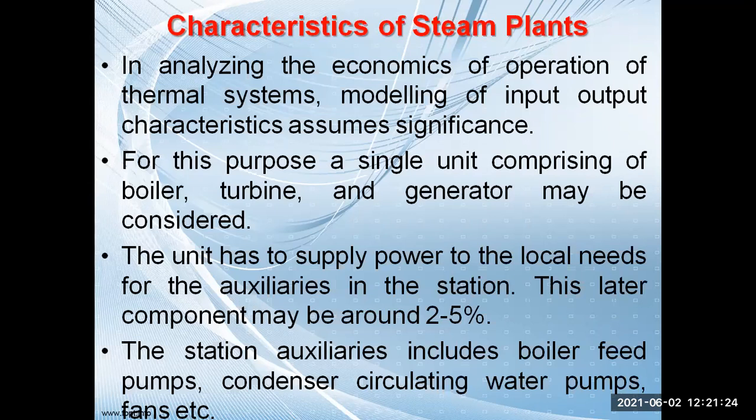When the whole shaft gets rotated, the generator, which is coupled with the turbine shaft, will also rotate. So finally, we will have an induced EMF at the terminals of the generator, and because of that, we will be able to get the electrical power. That is the basic simple idea of how electrical power is generated. Is this point clear, the function of boiler, turbine, and generator? Yes or no? Yes, sir. Okay.